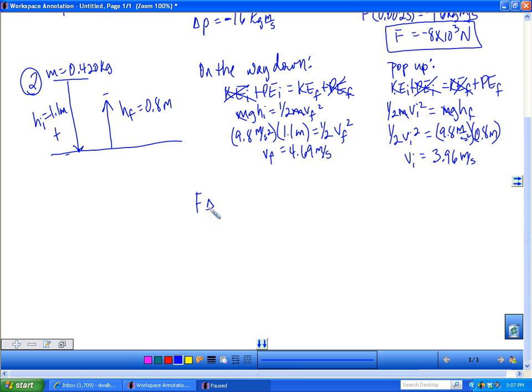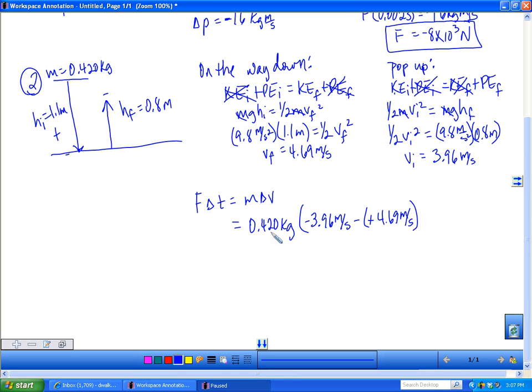Well, impulse is F delta T, and it's equal to m delta V. So even though I don't know F or T, I can still get impulse because I can do m delta V. So my mass was 0.42 kilograms. I'm going to say my final speed is the speed that it goes up with, which is negative 3.96 meters per second, minus my initial speed, which is a positive 4.69 meters per second. So this is going to be about 8.65